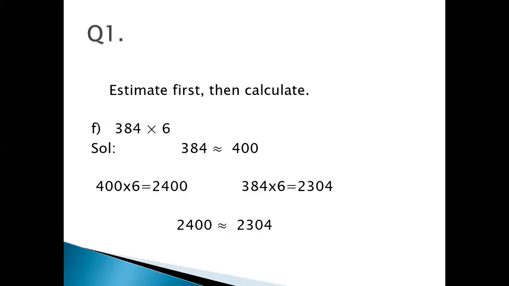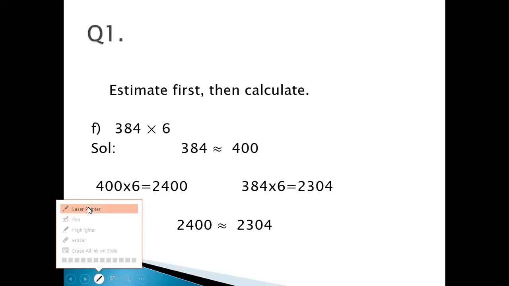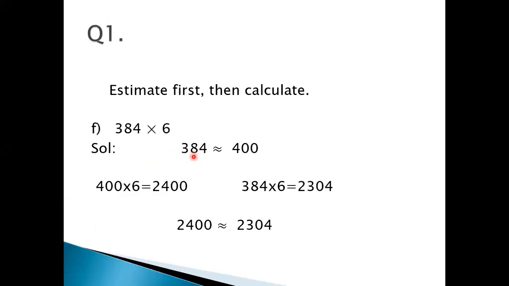For that purpose, you can see 8 at the tens place. If we want to round off to the nearest hundred, 8 is a greater number at the tens place, so it will be rounded off to 400. Earlier we did two parts where the number was less than 5, so we moved to the lower side of the number. But here 8 is the greater number, so it gives us the approximation 400. 5, 6, 7, 8, 9 are the numbers which tell us which number to select, 300 or 400. That's why we have chosen 400.